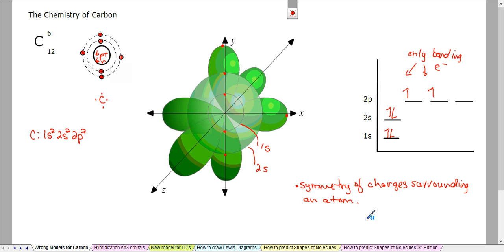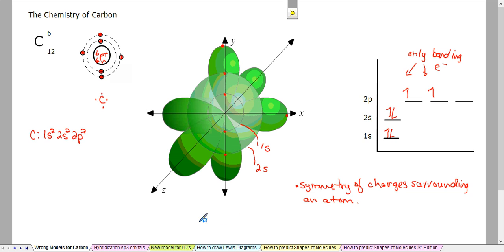And this is going to play in later when we start looking at the shapes of molecules and whether they're polar or not, whether there's regions of negative charges and regions of positive charges, and that's for another video. But we can see that this molecule, the way we've drawn it right here, is not very symmetrical. It is with the two s orbitals, but my p orbital, I've got 1 electron here, 1 here, and none there. Doesn't make for a really symmetrical